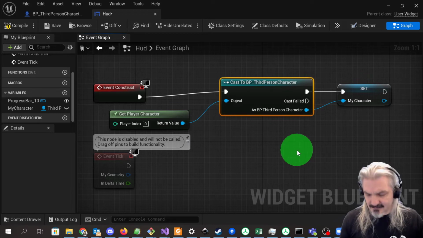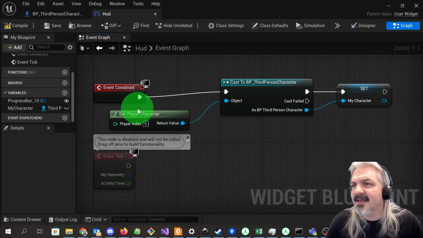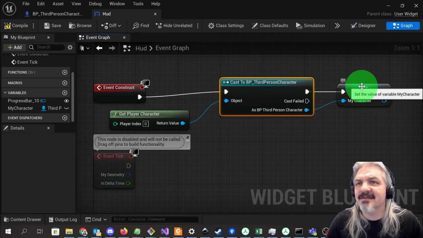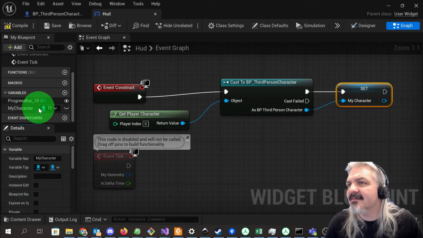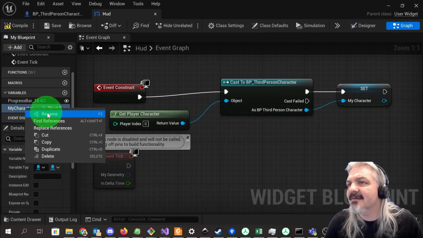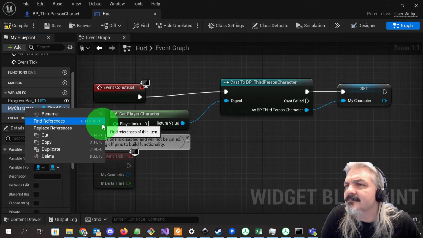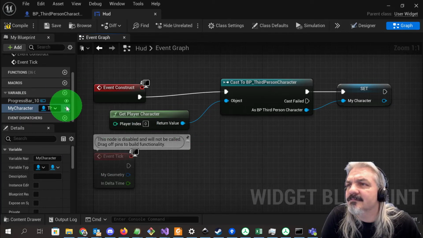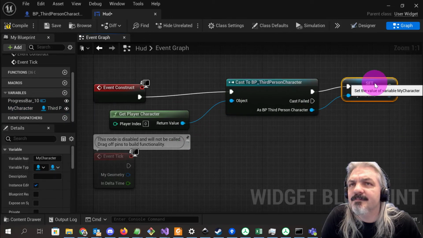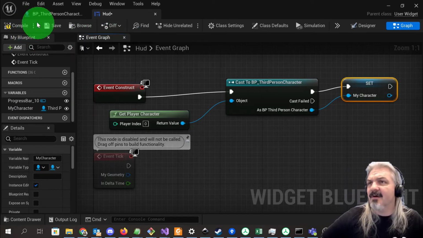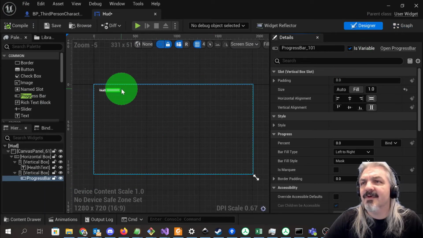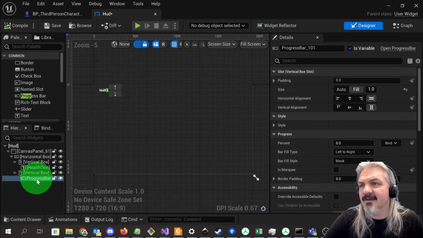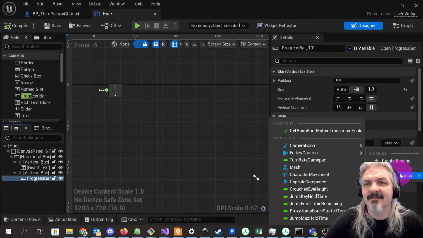BP third person character. Get player character. BP third person character. Set my character. My character, variable type my character. Okay, compile, designer, progress bar, here we're in the progress bar, bind, my character,